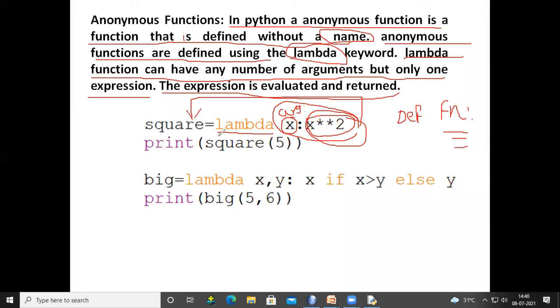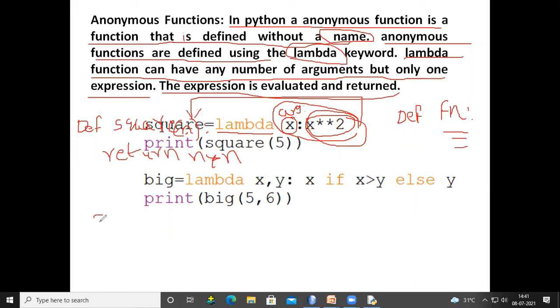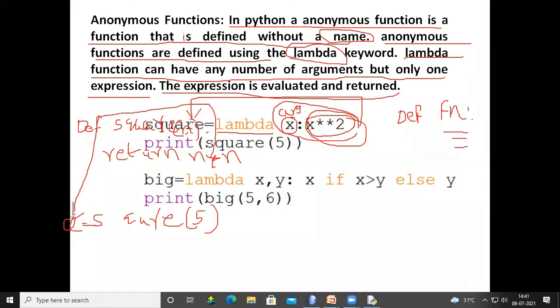Here, if you observe square equals to, how do we define a square function? In our previous example, we defined a square function like this: def square, and here we write return. The square has some argument, return n into n. I call the square function like this, square of 5, and whatever value is returned is stored in this variable a.